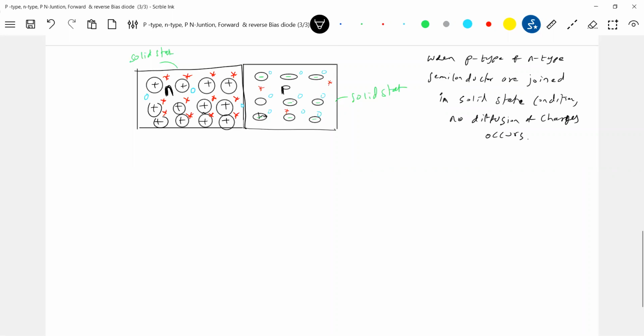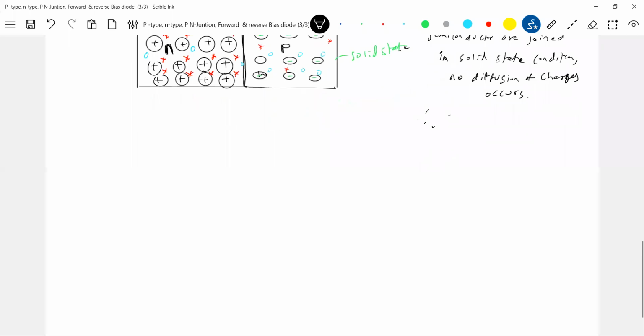So we don't have much discussion on this in the book. If you read S.C. Verma, I think he has really put it there. The molten state is stressed. He has given a diagram also, showing that when you are adding the impurity atom, they are in molten state, not in solid state. So when you join them in a solid state, nothing will happen. They'll remain as they are. The number of electrons will be fixed and the number of holes will be fixed. Nothing will happen. So what do I do practically, how to form a PN junction?